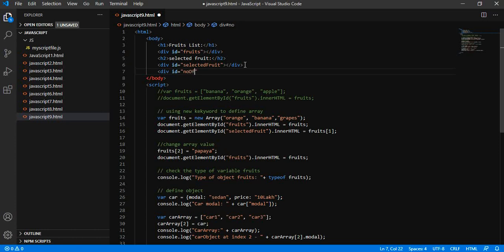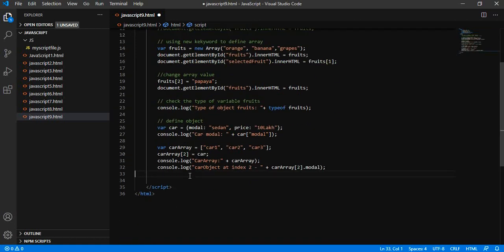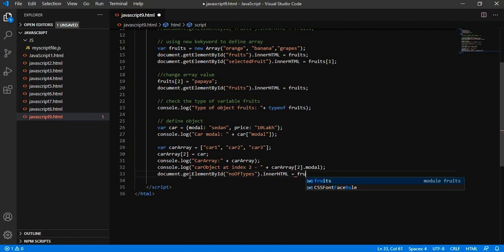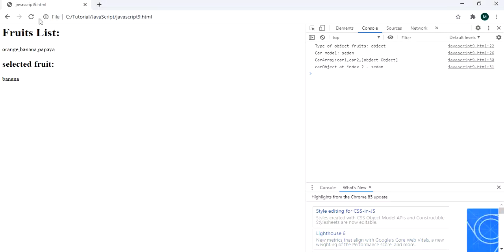Number of types, fruits dot length. So what this will do, this will tell you the number of types of fruits available, which are 3.